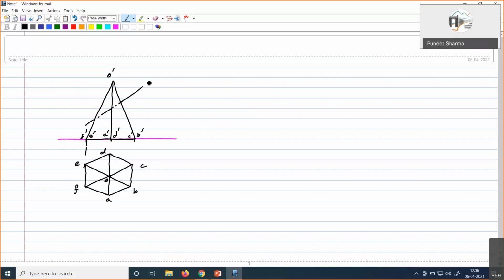Fine. So now the section plane actually will be intersecting at these many locations here. I mean those locations which are actually readily visible to us. So one is here, one is here, one is here. Now if we consider this location here, so O dash and C dash B dash.